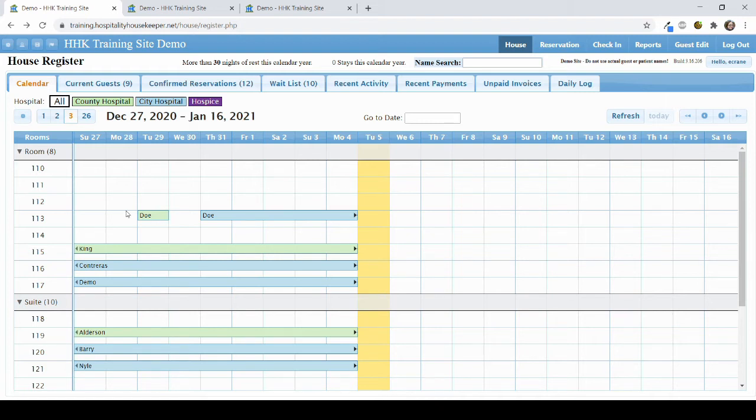So if Jane Doe stayed with us on the 29th, and then the family came back on the 31st, and we changed her hospital link from county hospital to city, then this change to city would overwrite all previous visits at the house. With a lot of input and assistance from clients, we have changed this. Now, as of the latest release, again, January 2021,